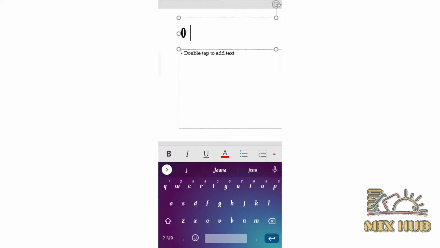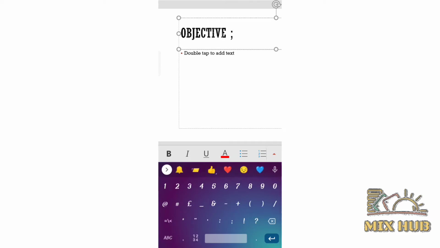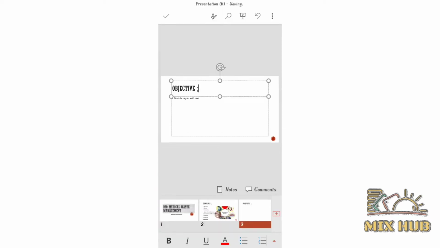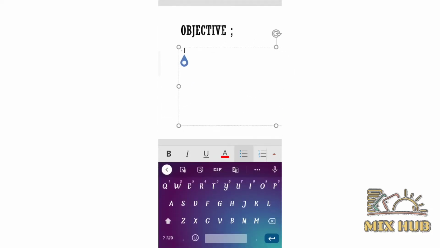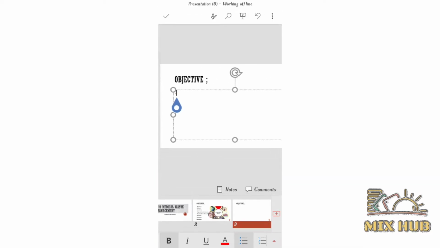Okay, click on the bottom right corner for the next slide. Here I am giving objectives. As you know, guys, I was typing on my mobile phone. It took some time. Please stay in contact.